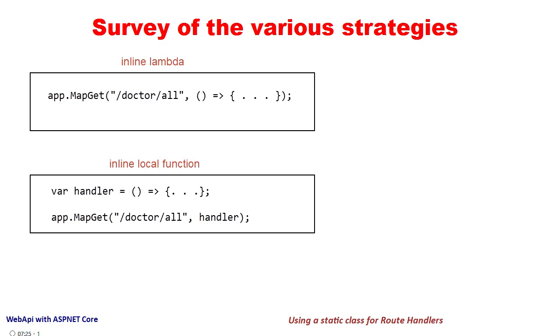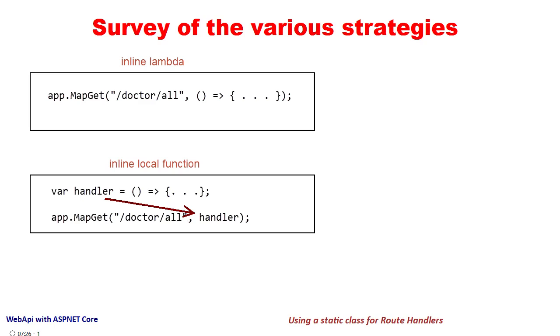In this code, we have a local function called handler. This function is then used in the map-get API, as you are seeing here, and this approach could work fine for a medium-sized project. The code for your handler stays in a separate function,